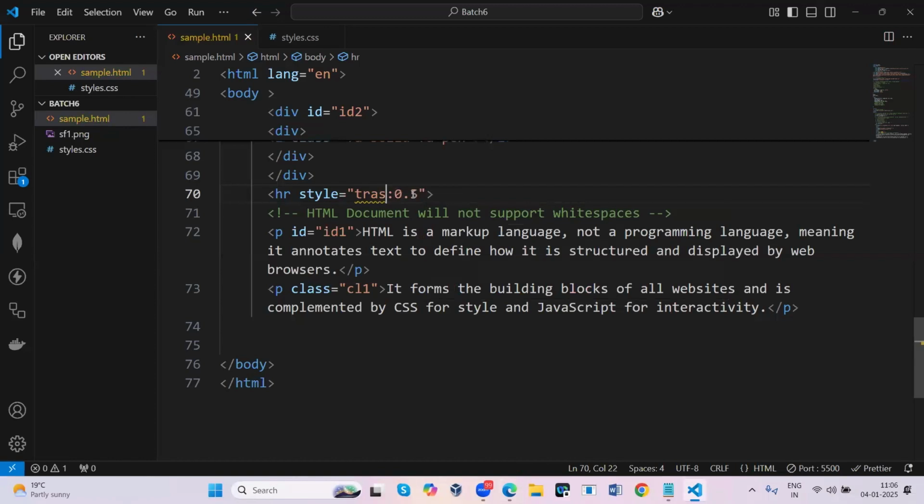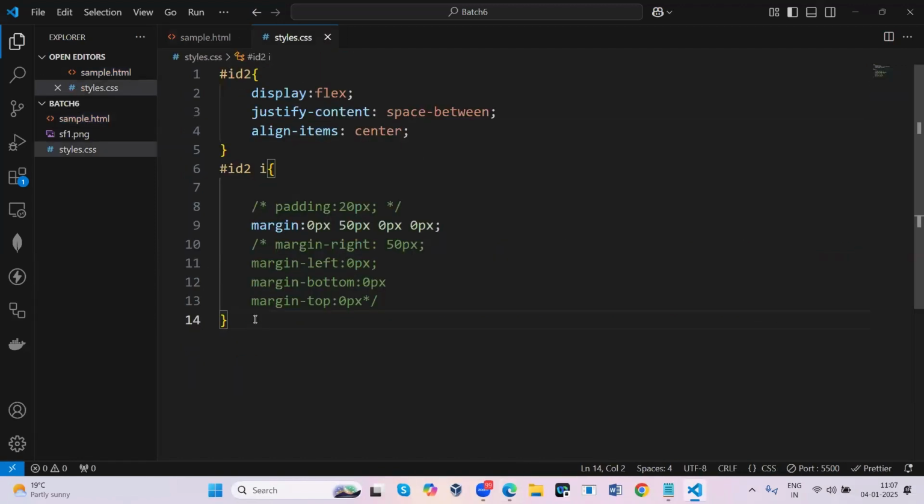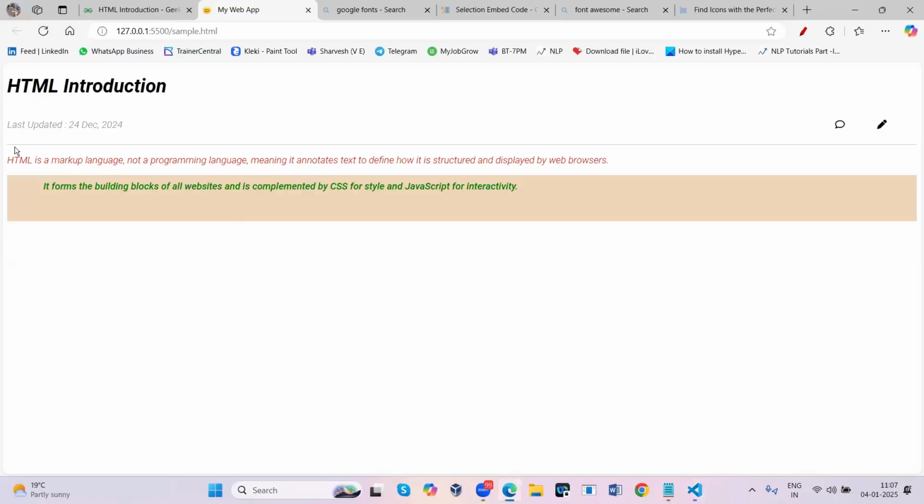Just give transparent. No, it's not transparent, it is opacity only that you have to use. So instead of writing it here, I will come to the styles part and use the hr element. Here I write opacity colon 0.5. Now you can check it, the thickness is reduced.